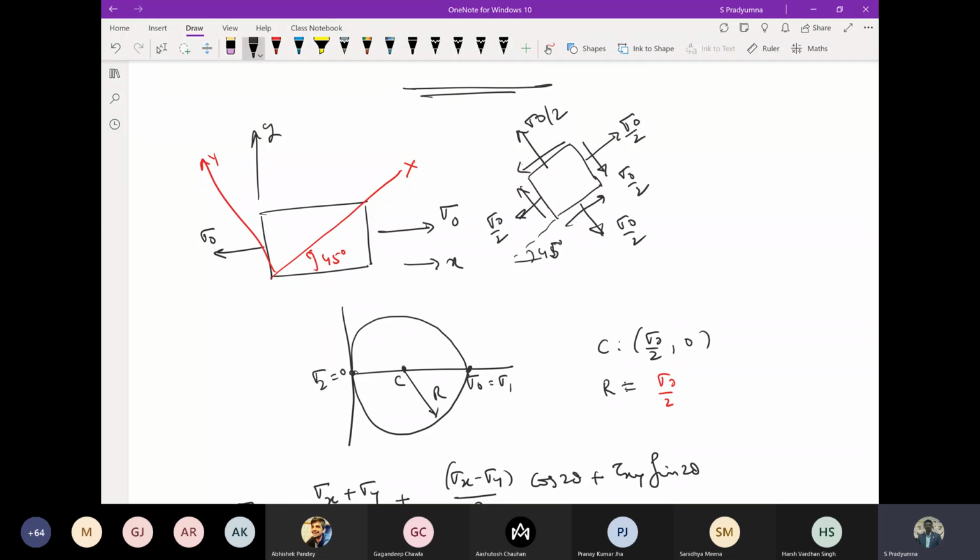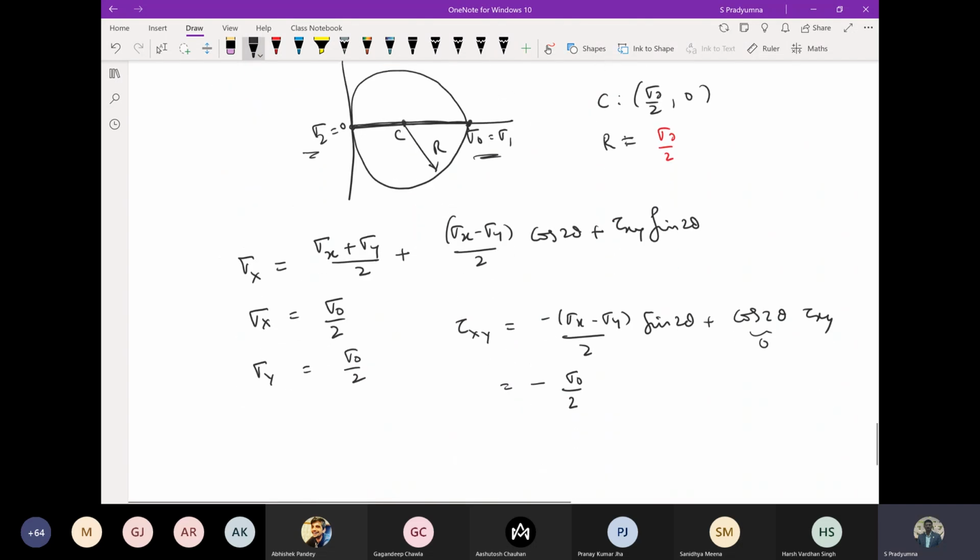Okay, so can we get the same detail in the Mohr circle? Can we explain the same thing? Yes, sir. So we have done sigma 1, sigma 2. Now the question is, this sigma 1, sigma 2 axis is also corresponding to the given state of stress, because theta p will be 0, right?